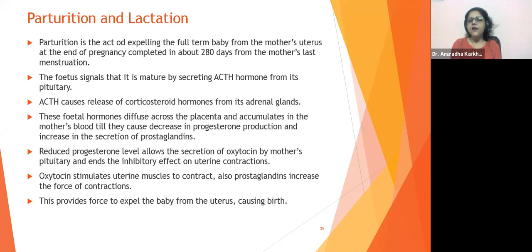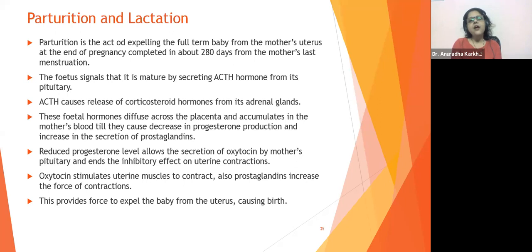Are these contractions painful? Yes, of course. They are quite painful. In fact, people say that when a female gives birth to a child, it is her own second birth. Because if you have never exercised for a year, and all of a sudden you do extra strenuous exercise, won't it be painful? Definitely it's going to be painful.